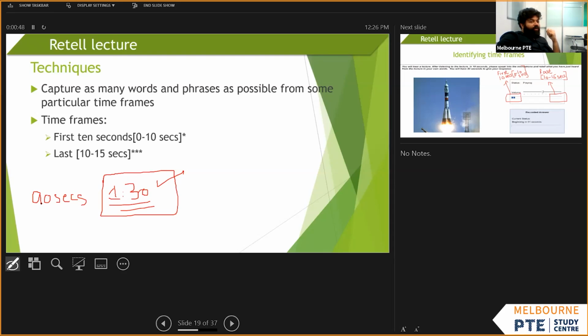I have a 90-second audio, and remember in the retell lecture, you are trying to summarize your audio more or less. But the difference is you're speaking your summary basically. When I'm summarizing my audio, should I include everything, all the points, whatever I can find, or some specific things? Specific things. So the techniques that I'm showing you now will help you capture those specific things. All right, now pay attention in here. Have a look at this technique.